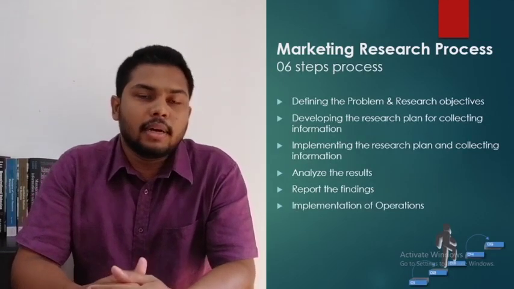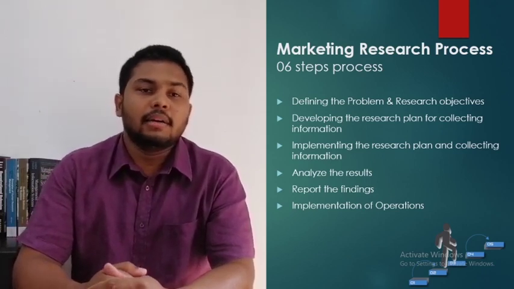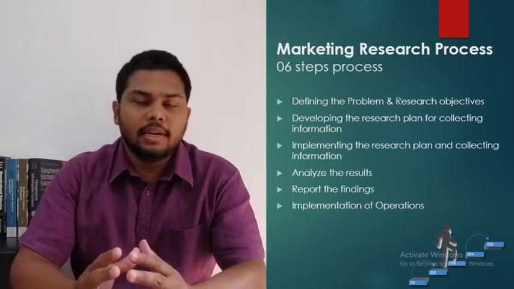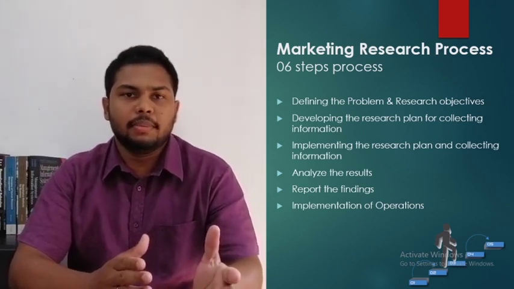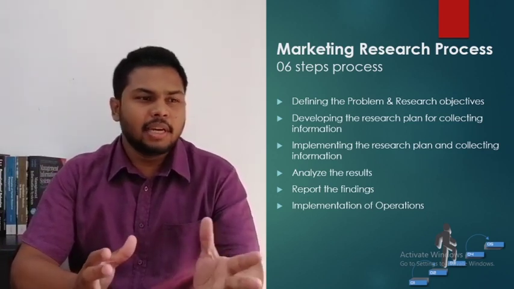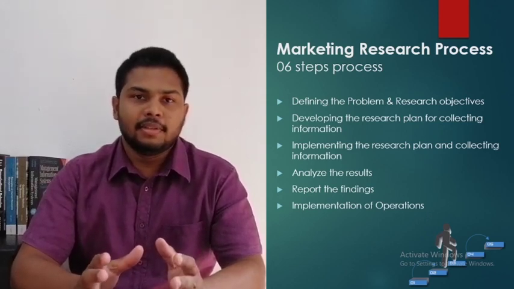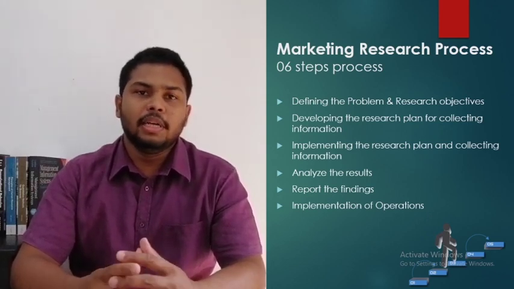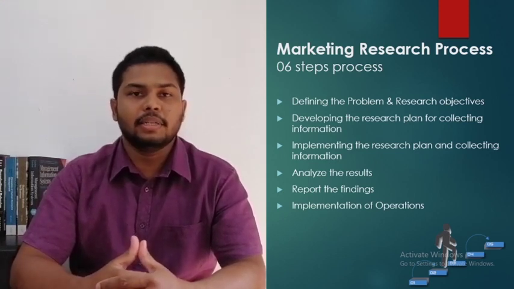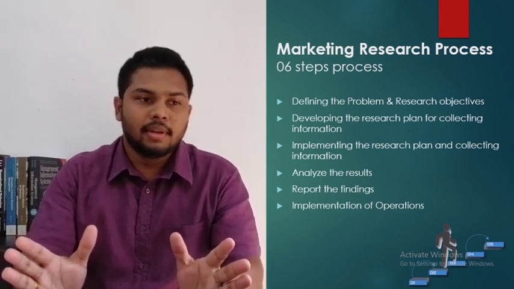Moving further, I would like to come to the main point of this discussion. That is the marketing research process. It's basically a process, right? There should be a series of activities, because to become a process, it should be a series of activities. When it comes to the marketing research process, there are 6 steps to be followed in order to complete it. Ultimately, your expectation is to gain information in order to make marketing decisions. You must remember these things, right?